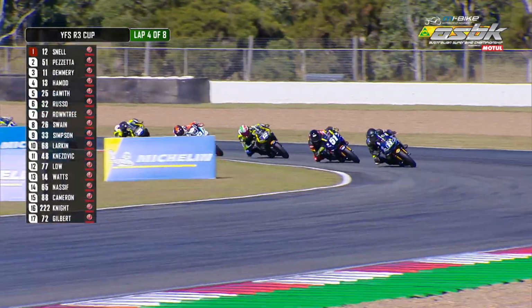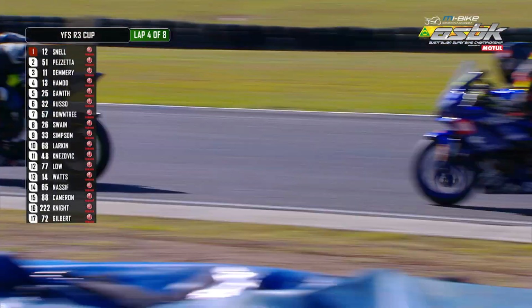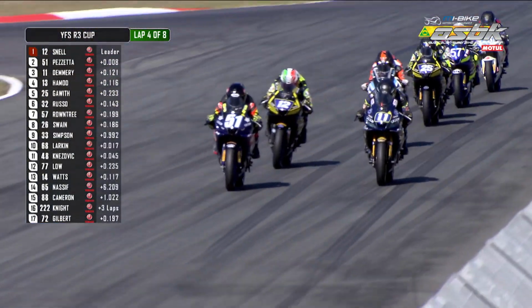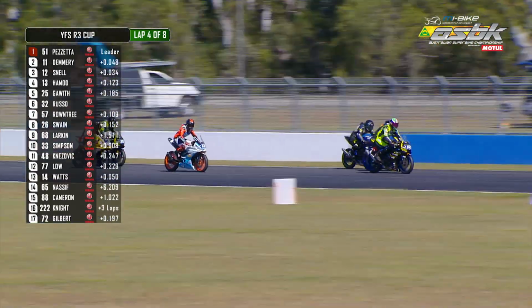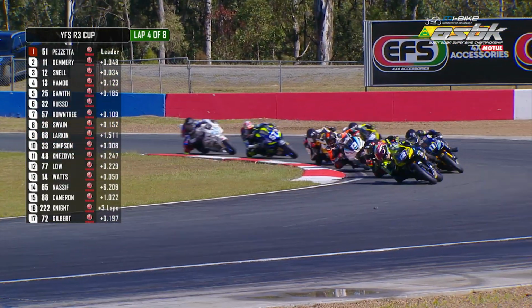So it's currently Henry Snell sitting back in the pack. He was leading as they came across the line, and he's dropped back now to about... where is Henry? He's back in about 5th position on board bike number... on bike number 12. Guess who else is making their way forward? Marcus Hamad, who won both of the races yesterday, is up into that top 4 as well now on the